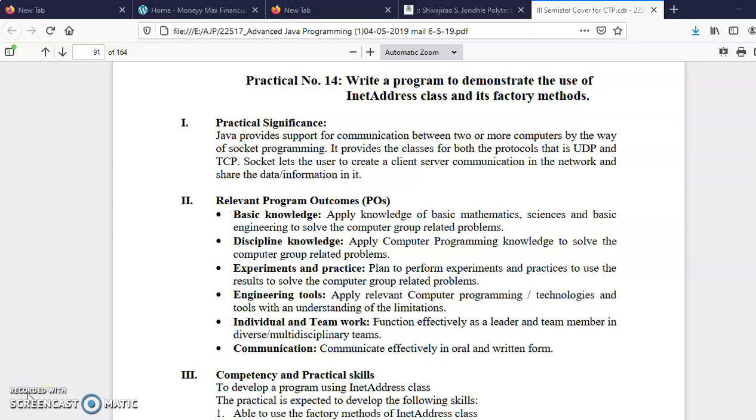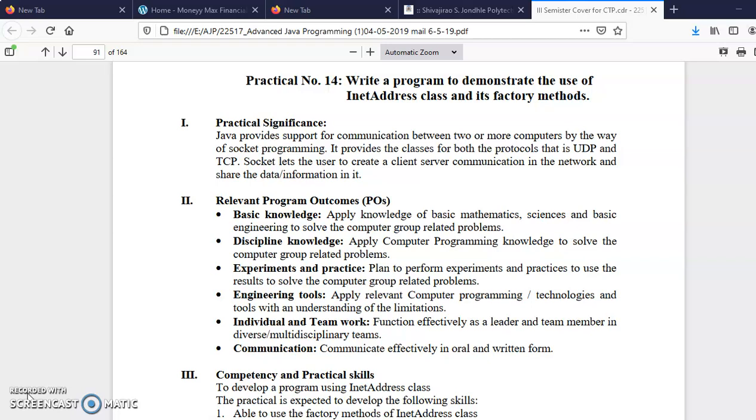Now, what is an IP address? An IP address is generally represented by 32 bits or 128 bits. It is an unsigned number. IPv4 and IPv6 are the two examples. There are some hosts which have multiple IP addresses because the load on that host server is more, so that load is distributed among multiple machines having different IP addresses. So this class will help you find all the possible IP addresses which are associated with that host name.